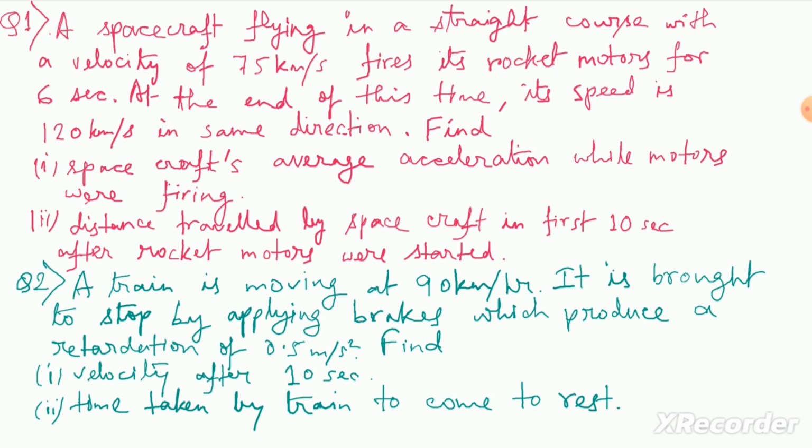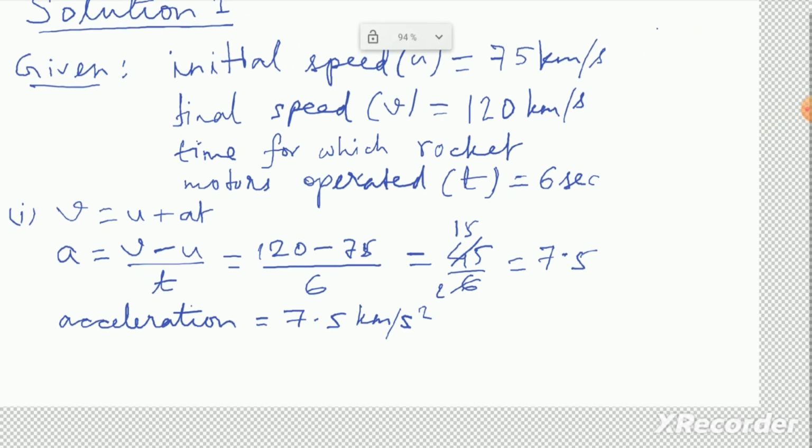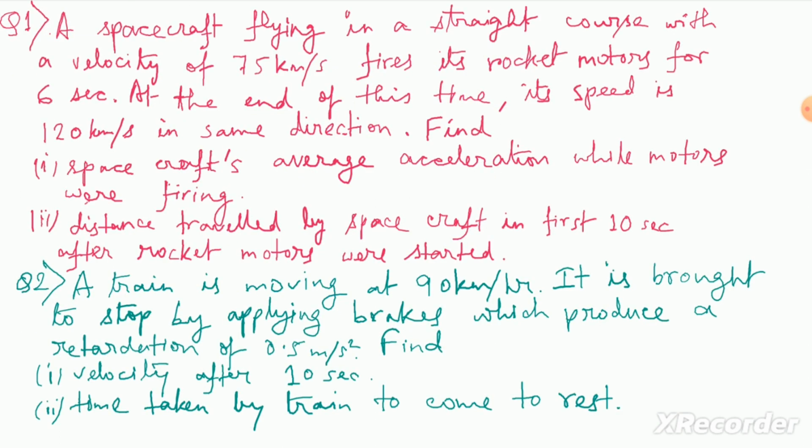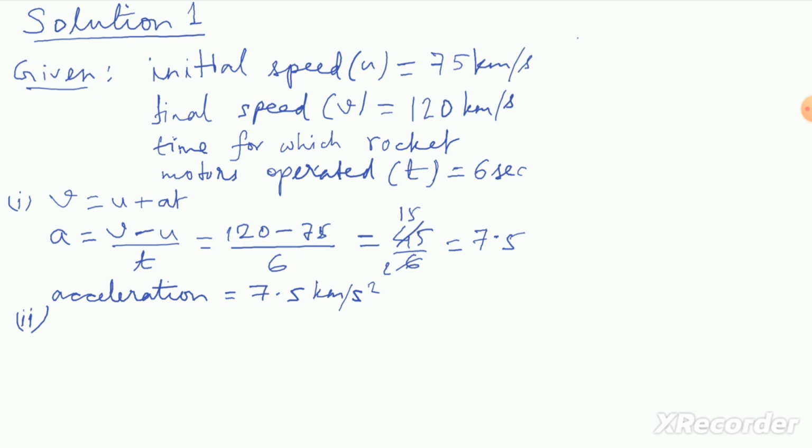Now what does the second part of the problem say? The distance traveled by the spacecraft in the first 10 seconds. So next we have to find out the distance. Now see, the rockets were operating for a time span of 6 seconds. So here we will get two parts. First we have to determine the distance traveled by the rocket while it was accelerating. That can be obtained by the formula,